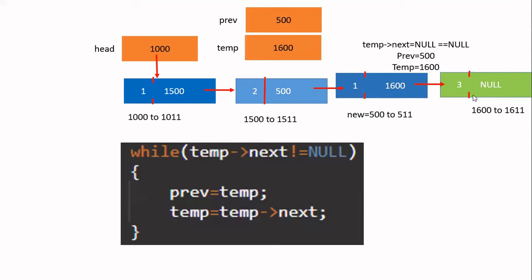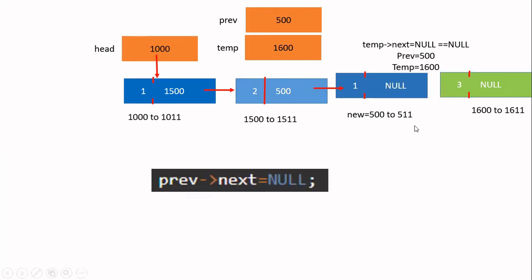This should be stored in the garbage area. It has to be released to the garbage area. Then I have to store null in this blue color node, which is nothing but the next field of previous. Actually, this is not new. There is a mistake here. Since I copied from the other slides, I made a mistake. Now you see here, forget students, here it is not new.